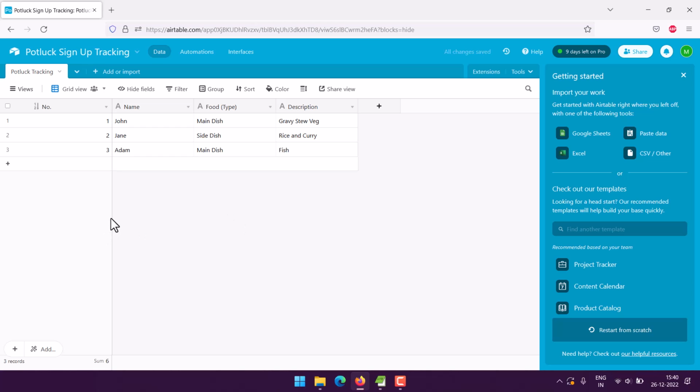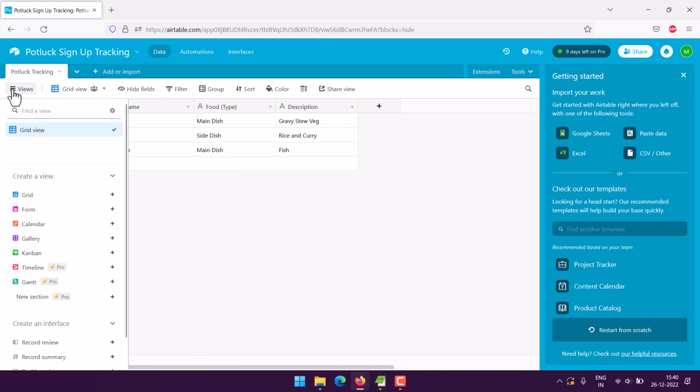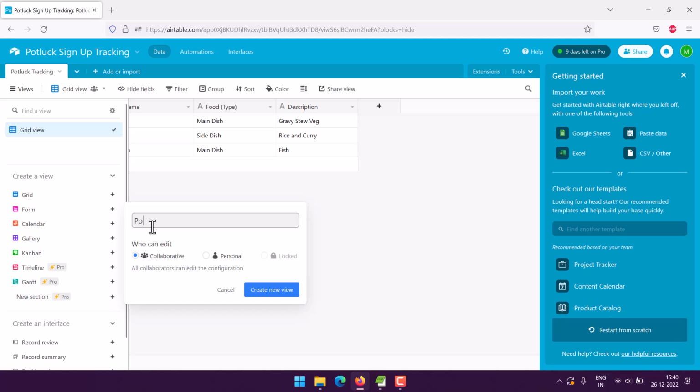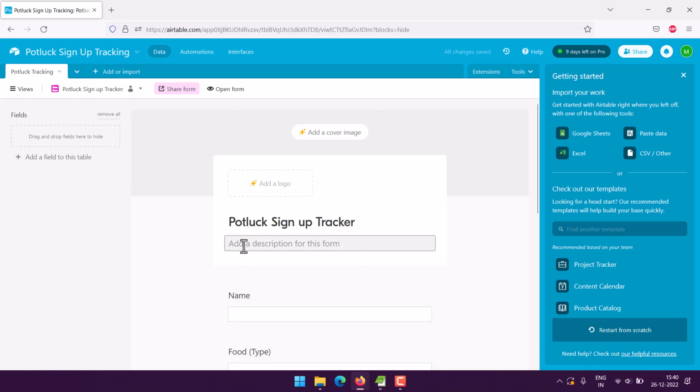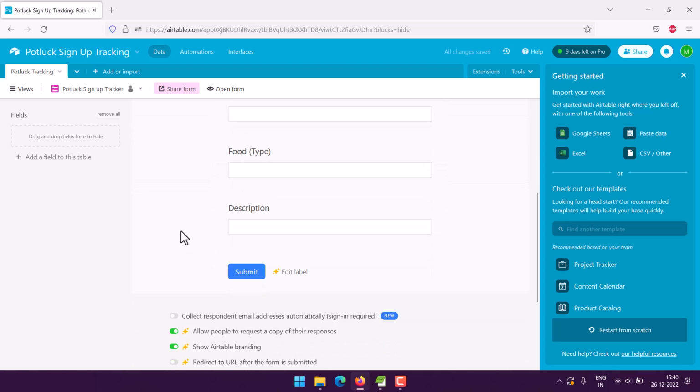So what we can do is create a form which, once filled, should add the entries here. For that we can go to view, then form, then I can add Potluck sign up tracker, then we have personal. Something like, let's say, add your side, main, dessert dish to the form. Now once we saved this, next thing we can do is